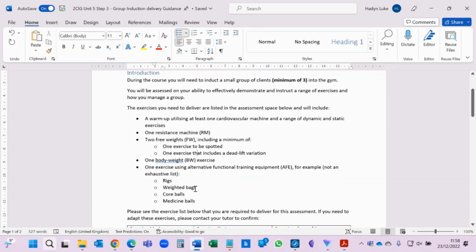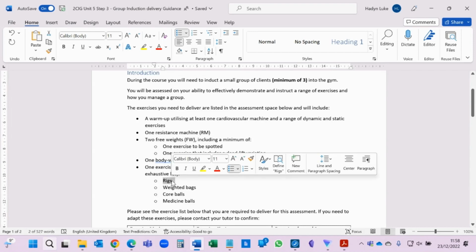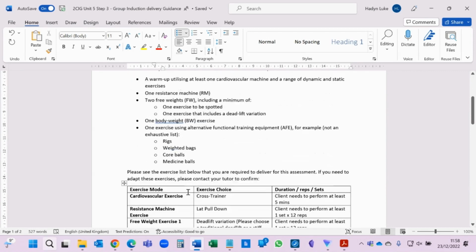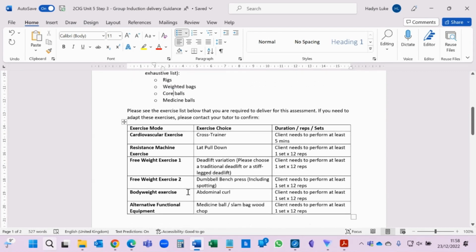So this list is not exhaustive, but for example, if you've got a rig where you have rubber bands, trampettes, etc., in your gym, if you've got weighted bags, whether they're medicine balls or Bulgarian bags, core balls, medicine balls, slam bags, anything like that will be classed as AFE equipment. And we would suggest that you deliver this